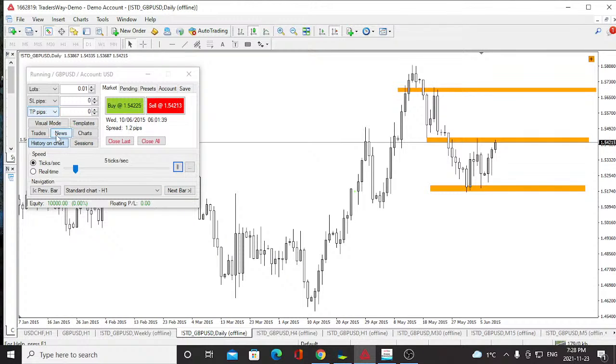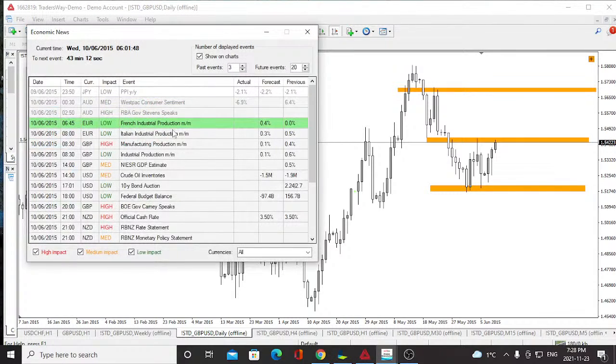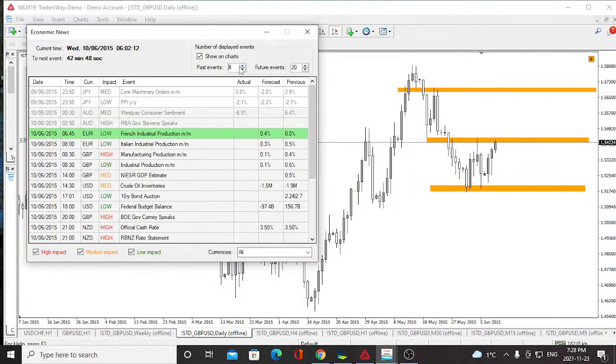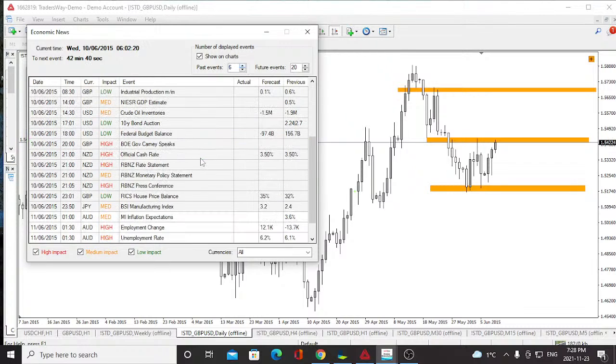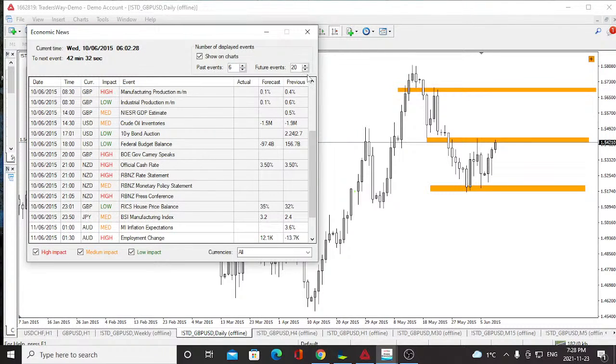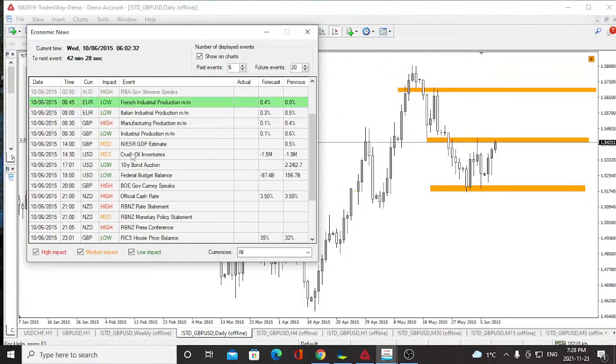Let's make sure to do our due diligence with the news. Make sure there's going to be any news or not. We're going to want past events to be more than that, but we're just looking at upcoming events. So we have today. We're not in a rush because it's only 6 a.m., right? So we're not necessarily in a rush, but we have